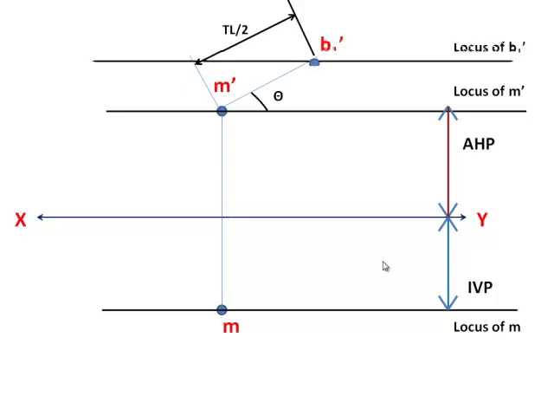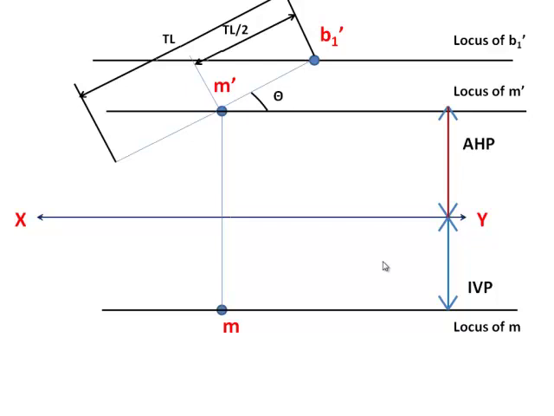This is one point, so I can write this as B1 dash. Because in the front view, the true length and true length inclination, we normally mark as A dash and B1 dash. So that point I am taking as B1 dash. If I extend this line further down, I will get the remaining half of the line, the true length. It should be on the same inclination. That point I am taking as A1 dash.